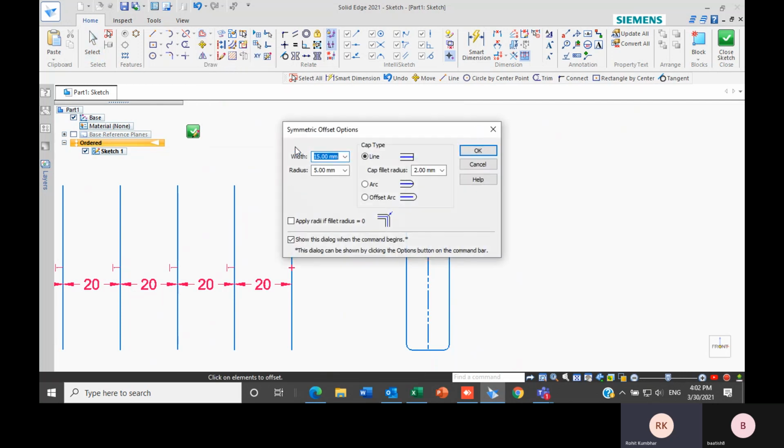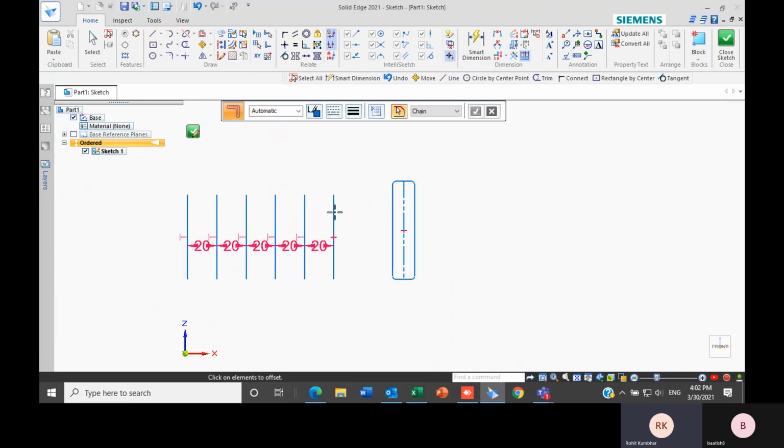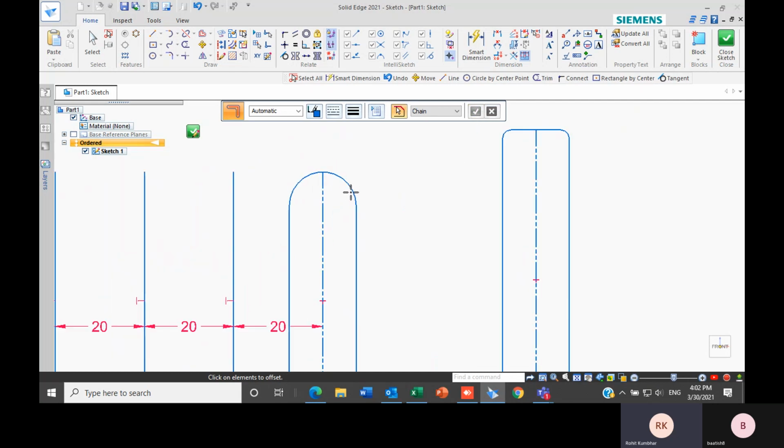In the symmetrical offset, you can even change the end portion of that cap also. Let's say I want it arc, and I want the radius of that arc. Let's say I want it 10 mm. No, I'll keep it as 5. Click on OK. I just have to simply select this line, so it will get created.